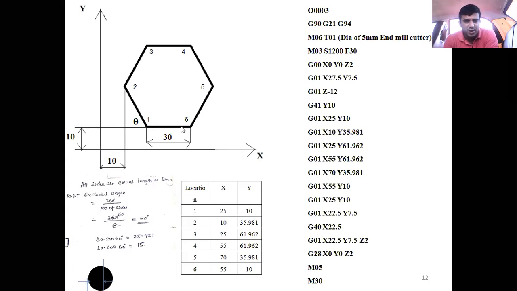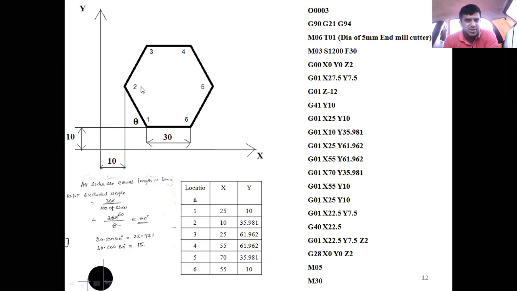Yes, how do you get the coordinates for location 1? With respect to the horizon, you measure here. The adjacent side is 15 mm. What is from here to here? It is almost 10. 10 plus 15, 25. Similarly, from the horizon, what is the coordinate for location 1? With respect to the horizon, it is 10 mm. 25 comma 10 for the first location.